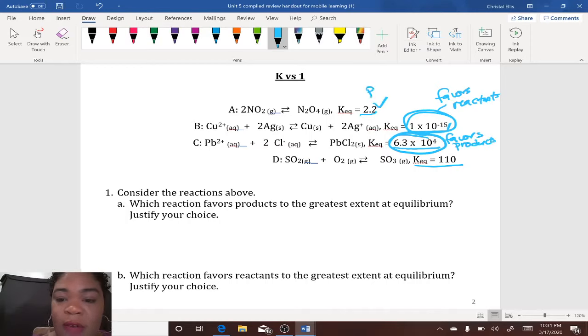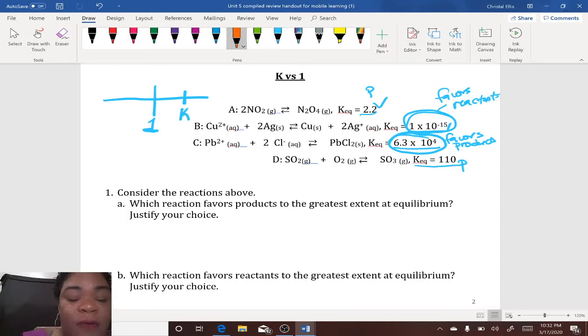This also favors products because our Keq is greater than 1. One way that I like to visualize it is by making a number line and putting 1 here. If my K is greater than 1, that means the reaction will favor products. What that means is that since our Keq is equal to products over reactants, products will increase and reactants will decrease. So your numerator should be a greater number than your denominator so that you have a Keq